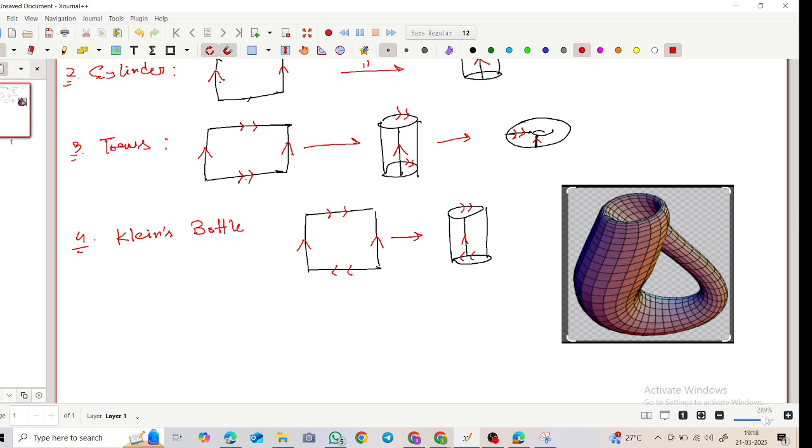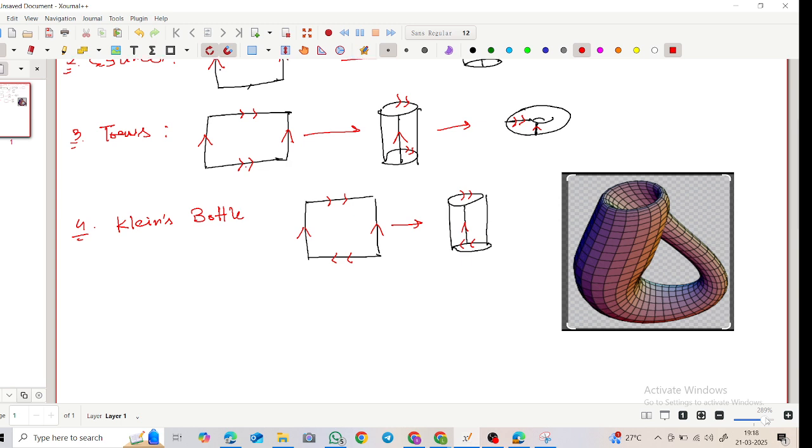Another thing is there. Oh, RP2 is there. Okay, RP2 is there. Again,